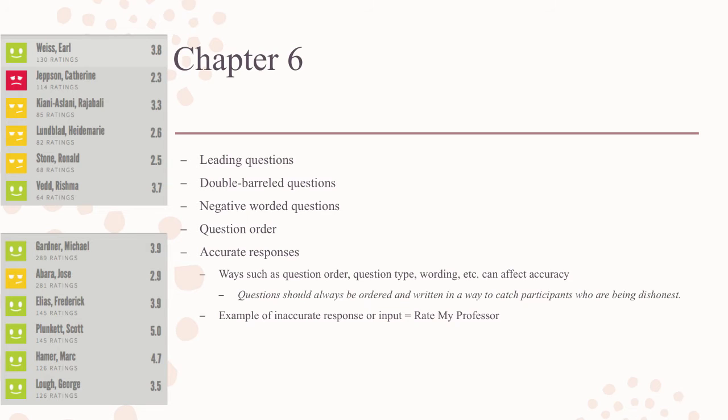So, like earlier up there for Professor Weiss, the 3.8, the ratings are low, but you see there's a happy face. That probably means he's doing something right, and there's some students who are bringing down his score because they weren't allowed to text or something in class or talk on the phone, whatever. So yeah, and you can see the major difference in ratings